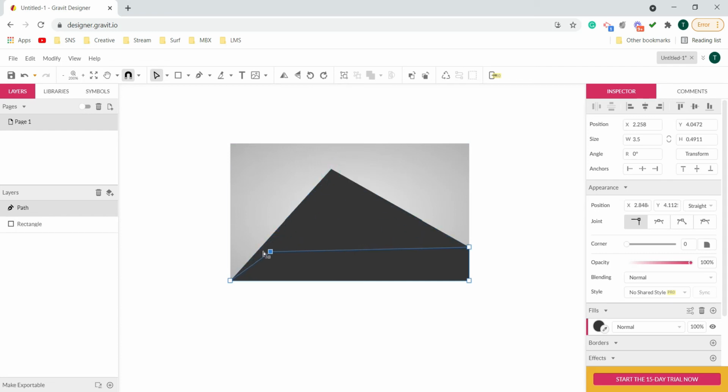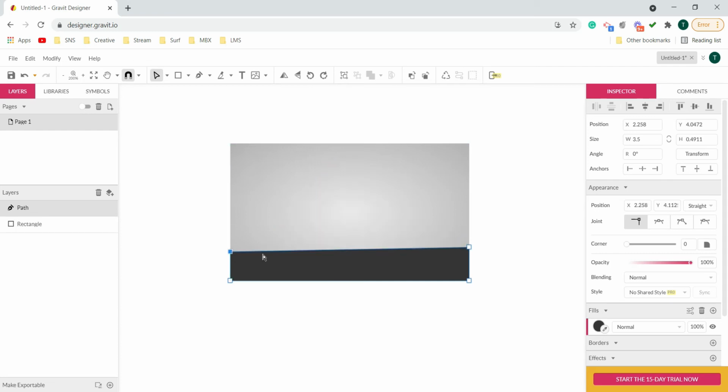So for this particular visiting card design, what I will do is I'll let it be like here, and let's keep it very straight like this. Now with the sub select tool, we not only get the opportunity to move the already created nodes, but we can create more nodes on the shape.